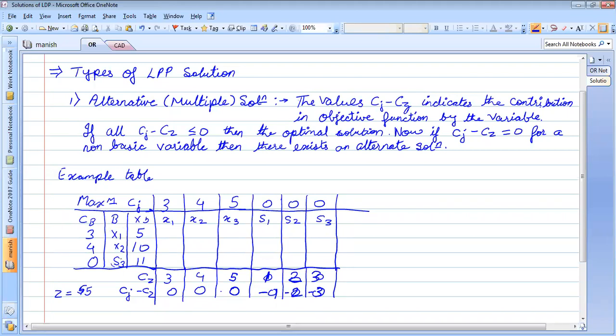Here it is s3. So for this kind of solution, where you have a variable with Cj minus Zj exactly equal to 0, then